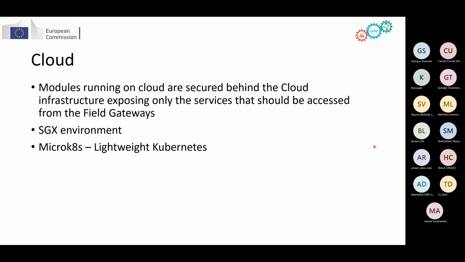Moving on to the cloud, most of the modules are in the main cloud server, as was mentioned before, secured behind a cloud infrastructure, and only the services that need to be accessed from the field gateways are exposed there. We also have the SGX enabled environment, which I mentioned earlier. Now, this main infrastructure is using MicroK8s, which is a lightweight Kubernetes version, and most modules are running within it, and it is protected with an ingress point, which does not allow access to modules which do not have the required